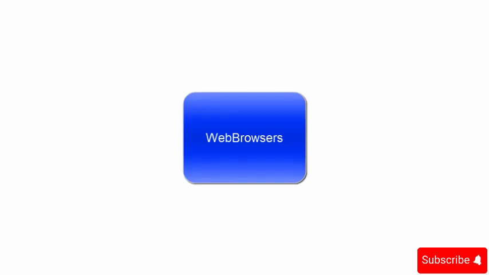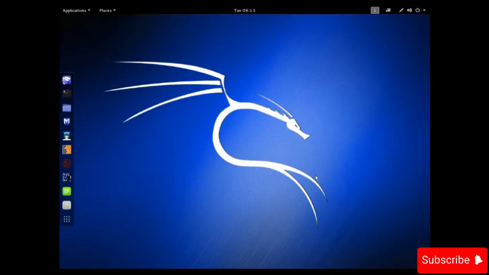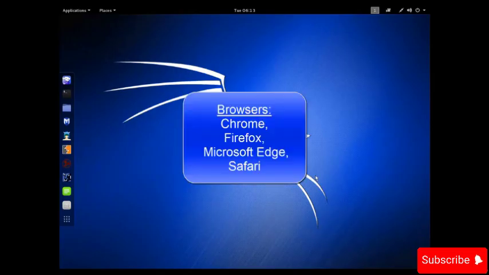Third is web browsers. Web browsers are software applications that allow users to access and view websites on the World Wide Web. They interpret and display HTML documents, enabling users to navigate through web pages, follow hyperlinks, and interact with web-based content. Examples are Google Chrome, Mozilla Firefox, etc. In this video, you will understand the working of browsers. So browsers track the websites we visit, and later this information can be used as evidence in court cases.